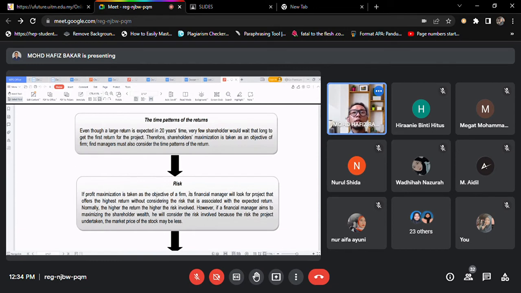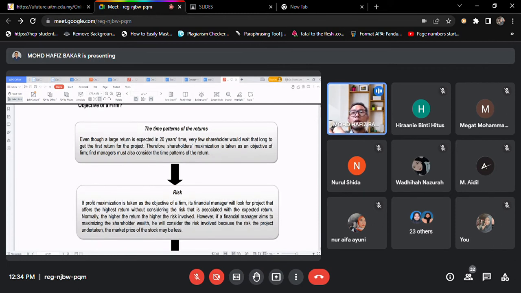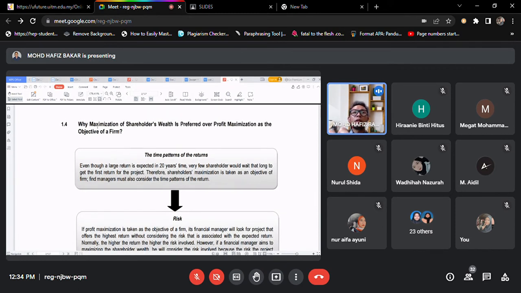Okay, because the interest rate will show their installment amount, for the company to commit every month. So that's the second factor that they need to consider, which is risk. Okay, so that's why shareholder wealth maximization is preferred over profit maximization, because of risk. And the third one is